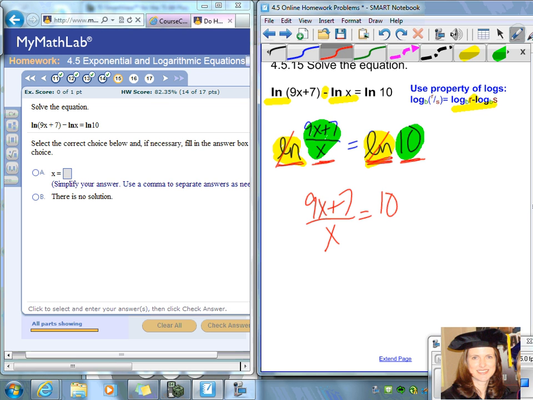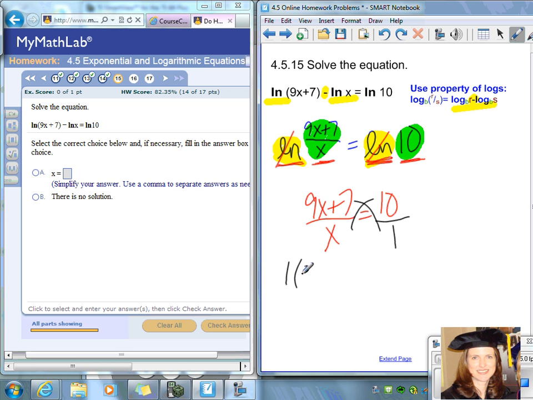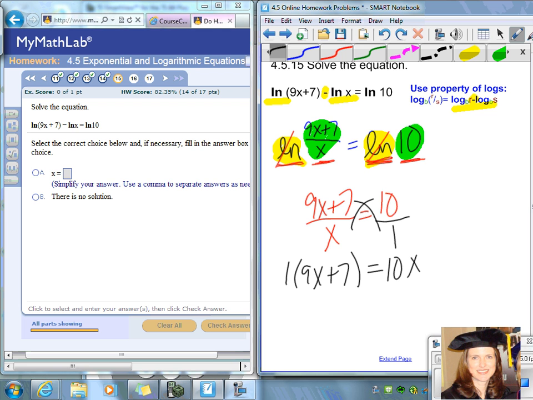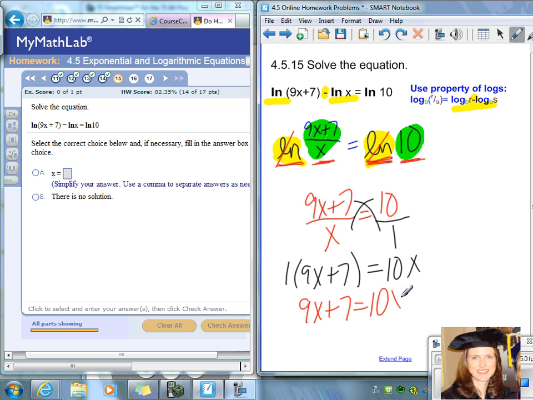We can solve this equation by cross multiplying. A fraction on the left equals a fraction on the right. You can cross multiply. So the equation we can get from this is 1 times 9x plus 7 equals 10 times x. And we can distribute the 1